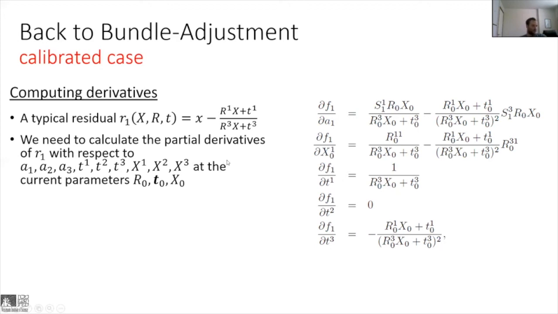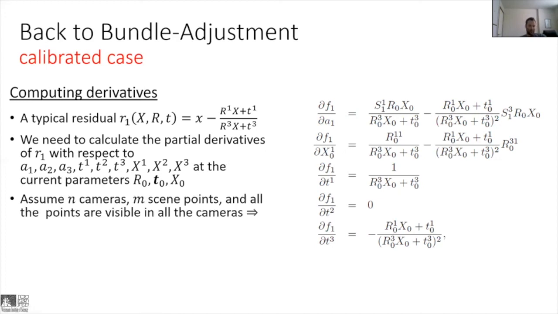And this thing we need to do at every iteration, approximating the current parameter. So if we assume we have n cameras and m scene points and that all the points are visible in all the cameras,